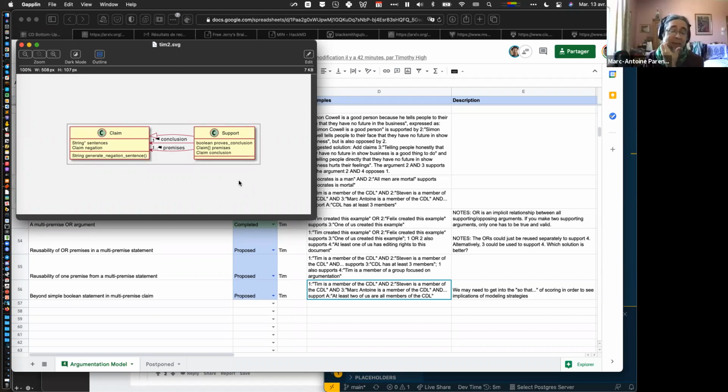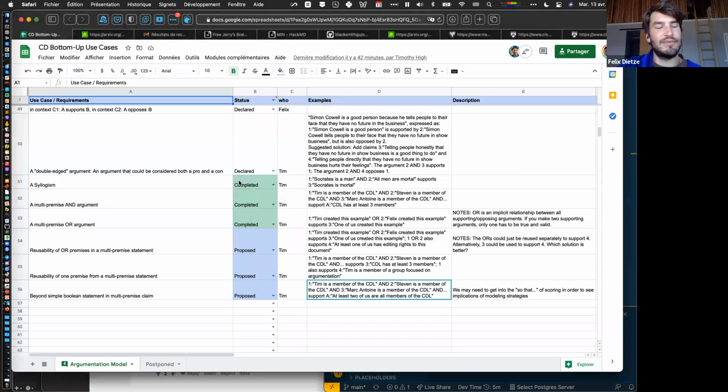I think I'm quite happy with it myself, because basically this is an expression of disjunctive normal form. Any propositional calculus can be expressed as an or of ands. The support is the and, multiple support is the or. That's it. I remember you saying that. Yes, that's true. So we have the full Boolean power.